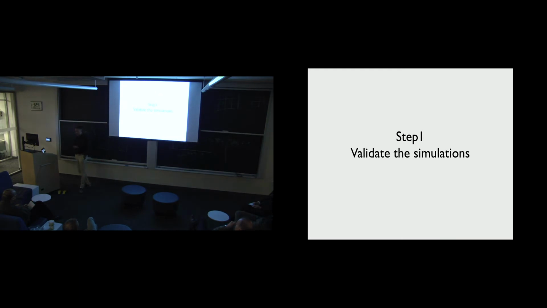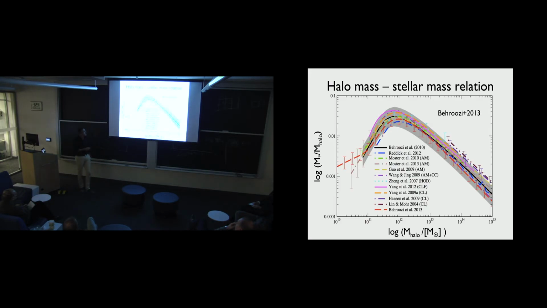So that's why we need to validate our simulation. So we have to make sure that the things we do make reasonable guesses. And there are several relations that one can use to decide if a galaxy is good or bad, because that's the thing we want to do at the end, right? We simulate a galaxy, then we ask ourselves, the galaxy we simulated, is it good or bad? And